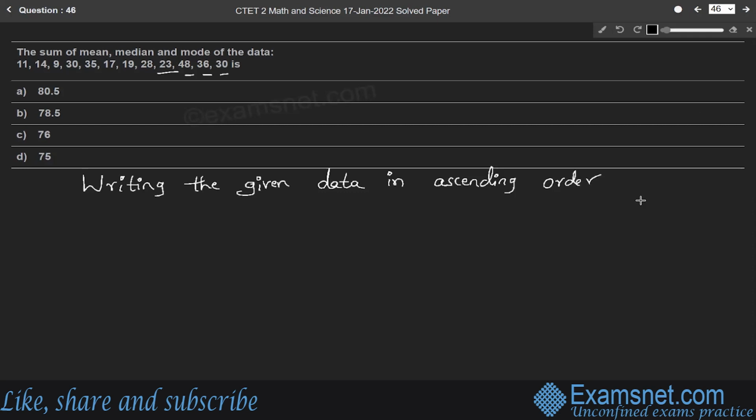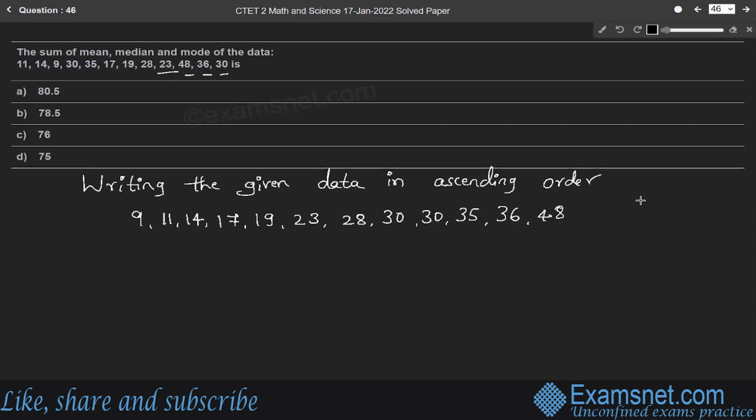Here the least value is 9, 11, 14, 17, 19, 23, 28, 30, one more 30, 35, 36